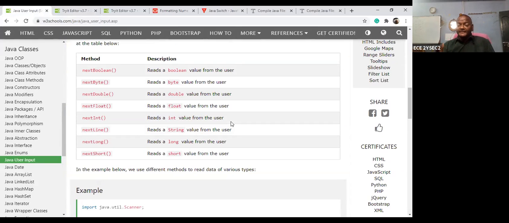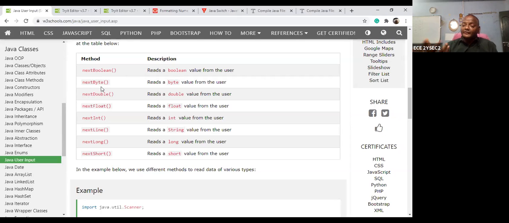How many ways are there to enter the data? The first one is Boolean, which reads the Boolean value. Next one, nextByte, reads the byte value.